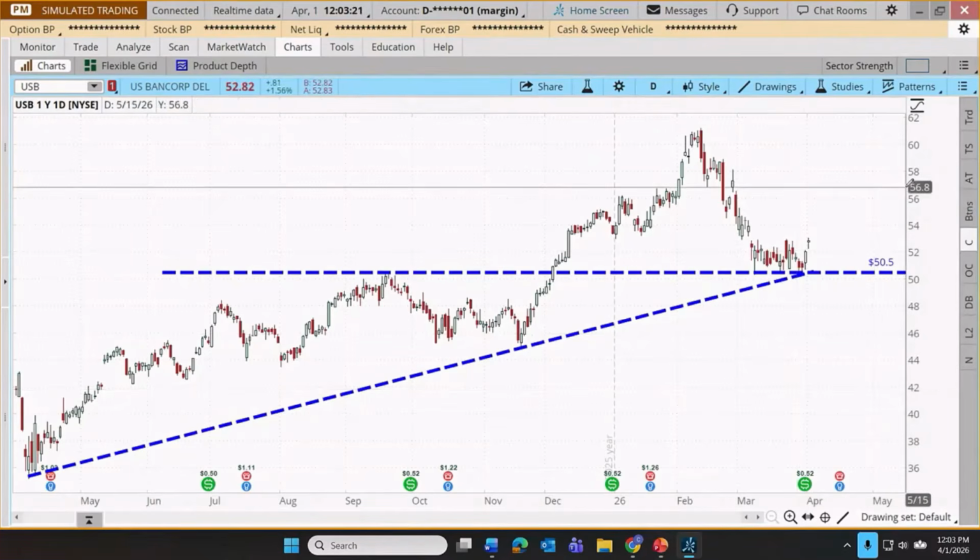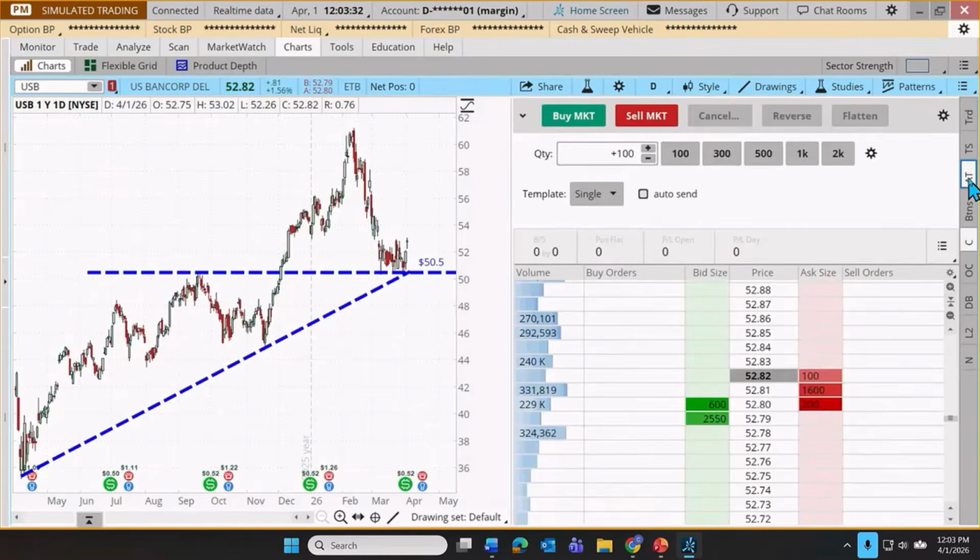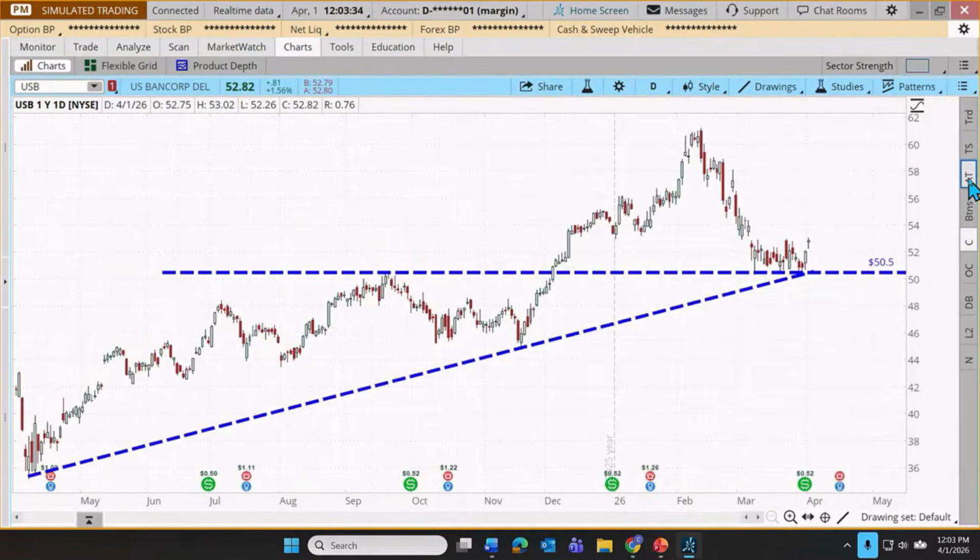So to open the tool, you'll see a little tab over here to the far right, abbreviated to AT. As I hover over that, you'll see that it says Active Trader. And the way to open that tool up is to click on that little tab, and we can close it out just by clicking on it again. So it's really that accessible.